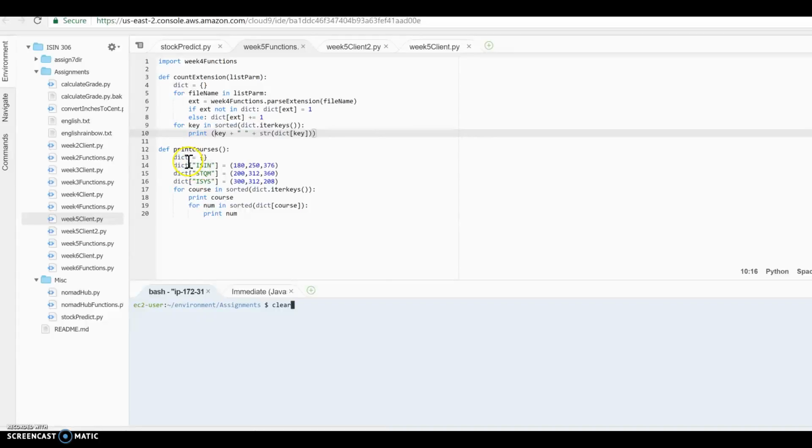For this assignment, I developed the print courses function. First, I created the dictionary object and filled it with values. The keys to the dictionary are different course prefixes, being ISIN, STQM, ISYS, and the associated values to the keys